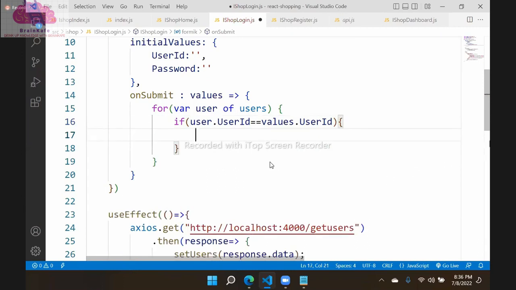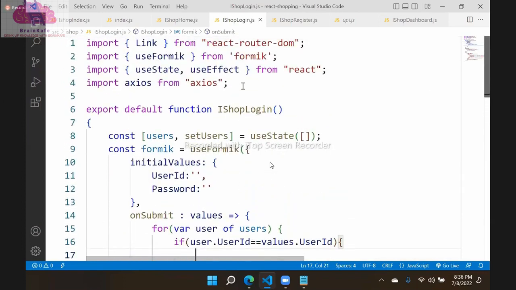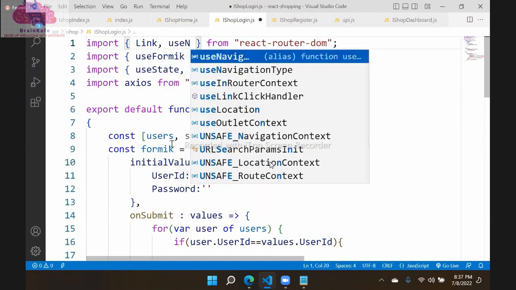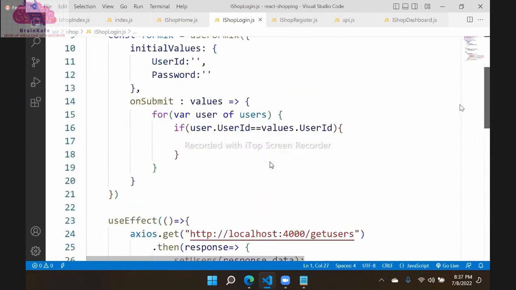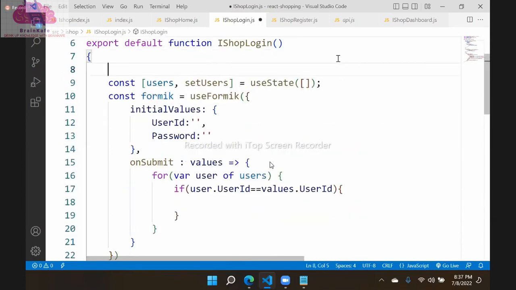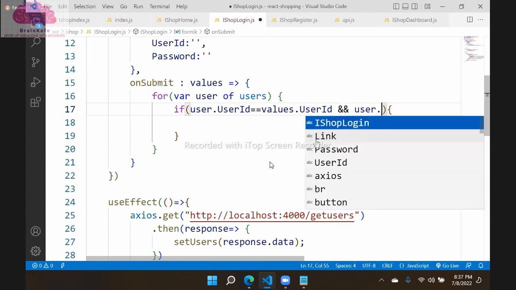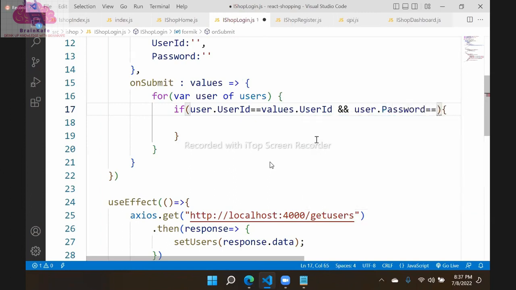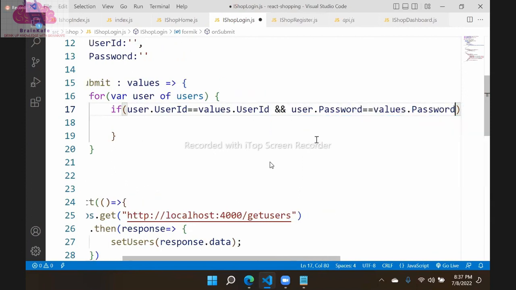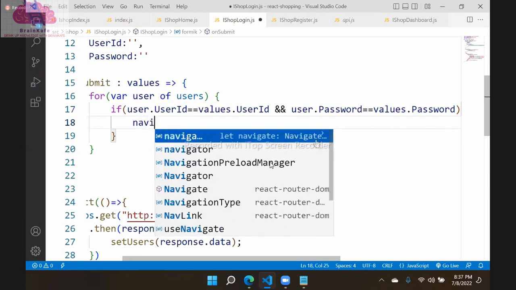If login success, here we have to use another one, useNavigate. That means I need to declare one more: let navigate is equal to useNavigate. If login is successful, that means userId should match, and user.password is matching with values.password. If both are matching, userId and password, then navigate